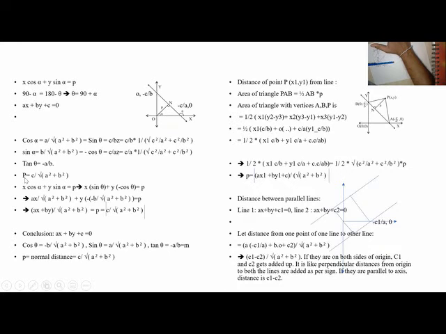So distance of P is equal to C by square root of A square plus B square. So in general, when I have any equation Ax plus By plus C is 0, we can conclude that cos theta is minus B by root of A square plus B square, sin theta is A by square root of A square plus B square, tan theta is minus A by B, which is the slope, and normal distance is C by square root of A square plus B square. So with one equation, I can have the angle, the distance from origin, and the slope.